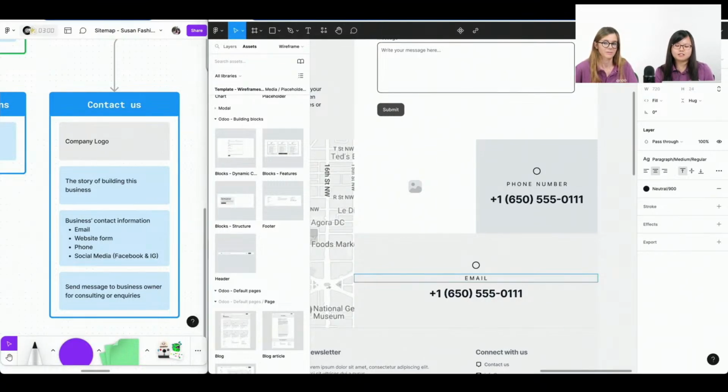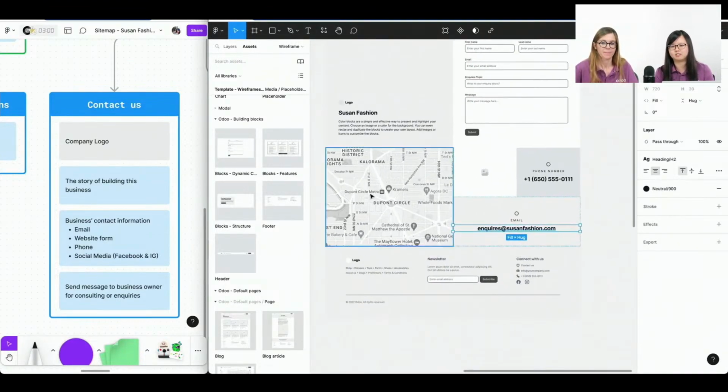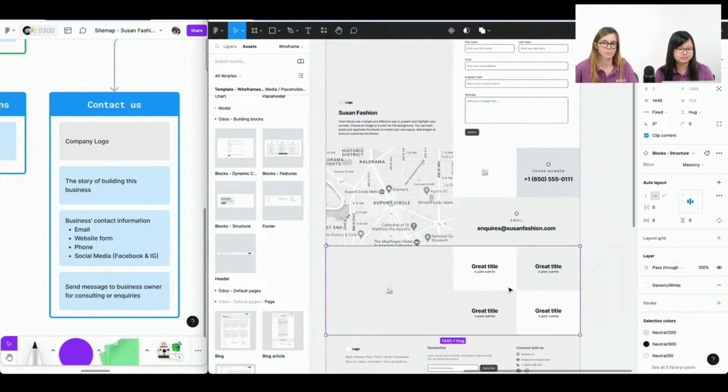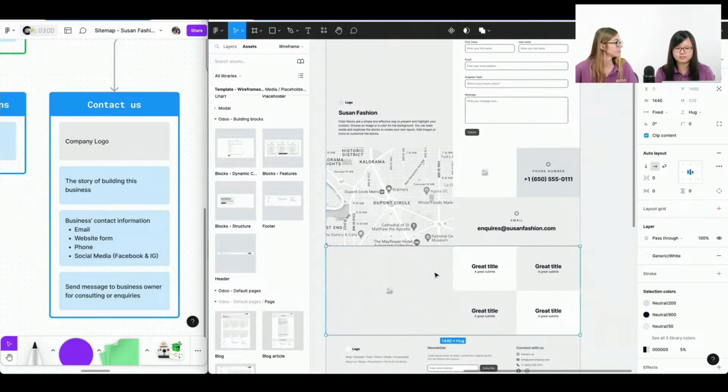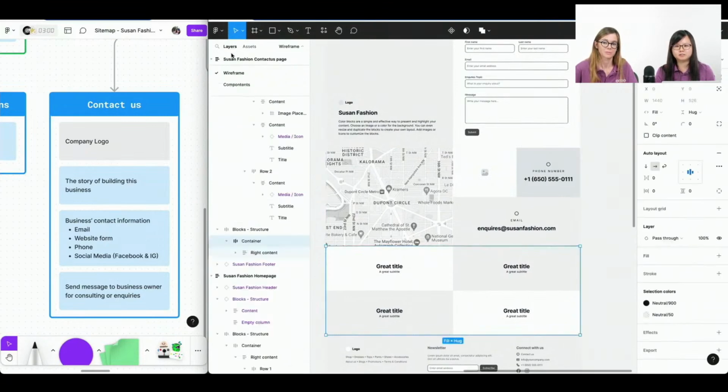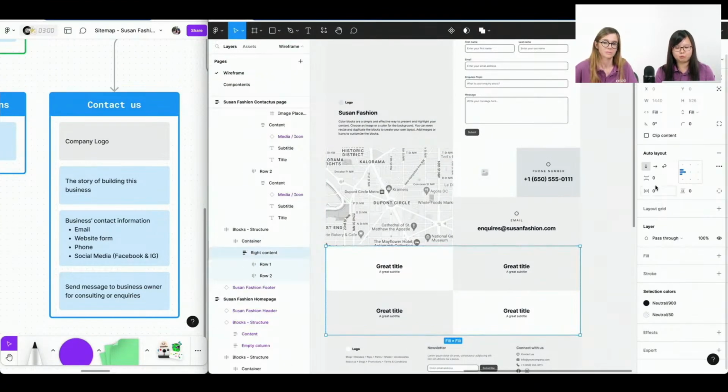And then let me make a longer rectangle block to represent the email, because the email content is longer. And then we still have information. We have the social media, and then maybe we will need to put the address, the map address, there. So I will firstly make a row of